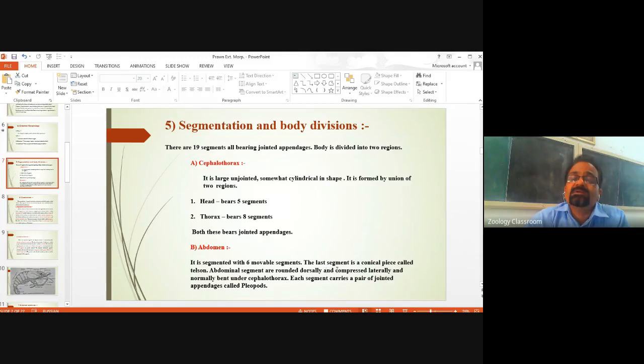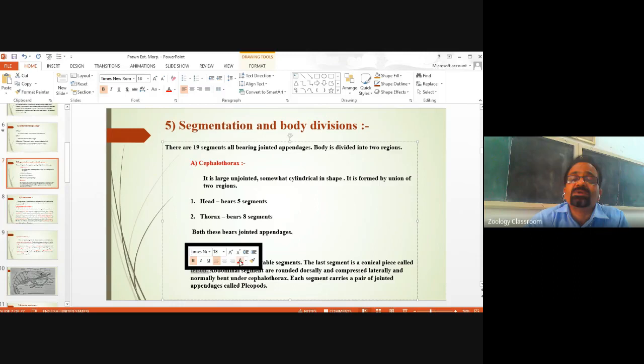The last segment is a conical piece called as telson. This is very much important. Telson, the tail part, the last part. And how it operates, that we are going to study later. Abdominal segments are rounded dorsally and compressed laterally and normally bent under